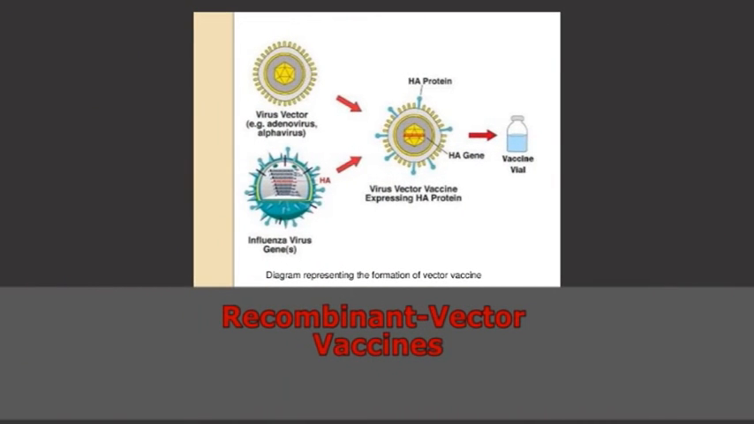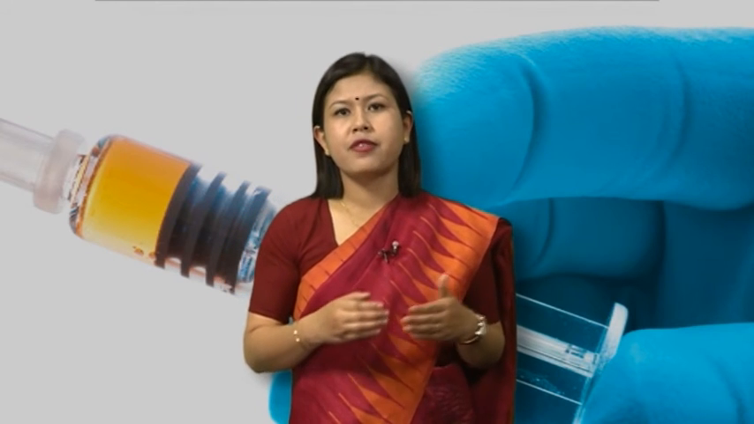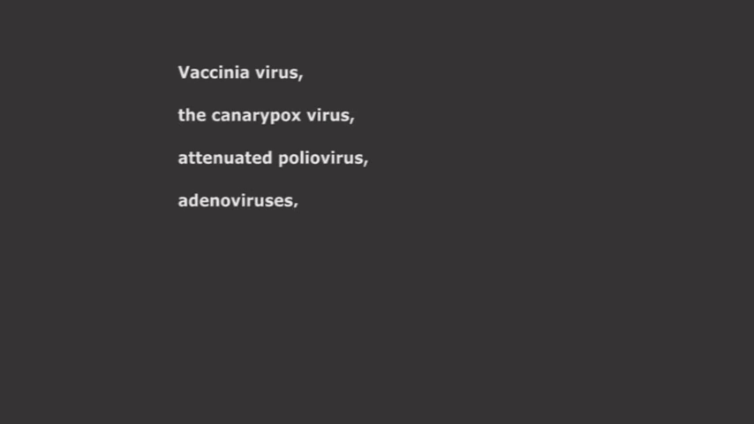Recombinant vector vaccines. Genes that encode major antigens of especially virulent pathogens can be introduced into attenuated viruses or bacteria. The attenuated organism serves as a vector, replicating within the host and expressing the gene product of the pathogen. A number of organisms have been used for vector vaccines, including vaccinia virus, the canary pox virus, attenuated poliovirus, adenoviruses,